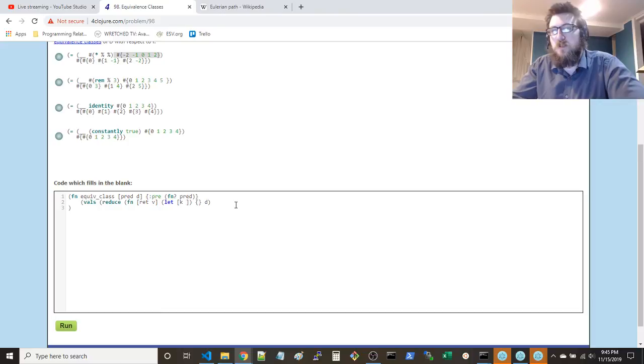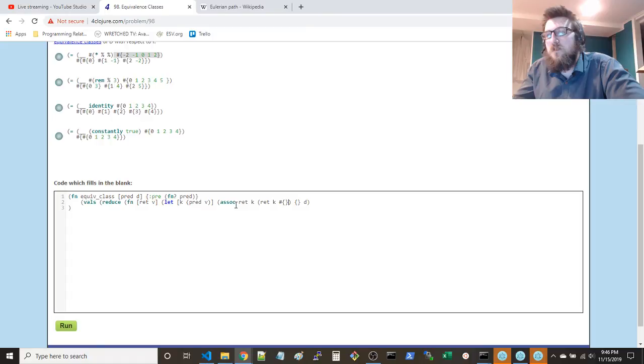Just call the key function or predicate of v, right? And then we're going to return. We want to associate with ret on the key k, and we're going to use get, or we can just use ret of key, and then the default. If there's nothing there, then we have this set we return.